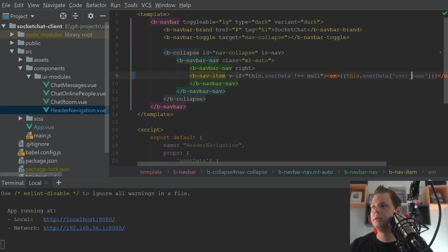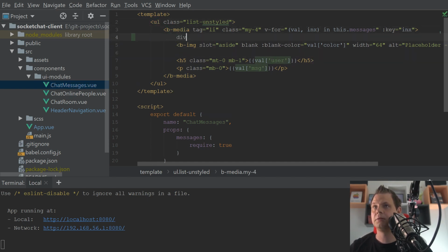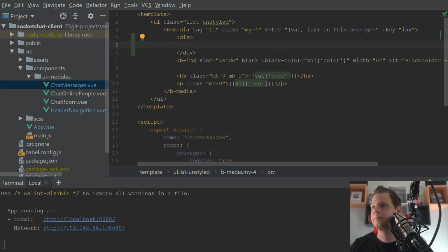And then we need the chat message inside here. Now we want to make it a little bit different. So we'll make a div tag and say if type is equal to system, and then we want to type the system message. We'll copy this,